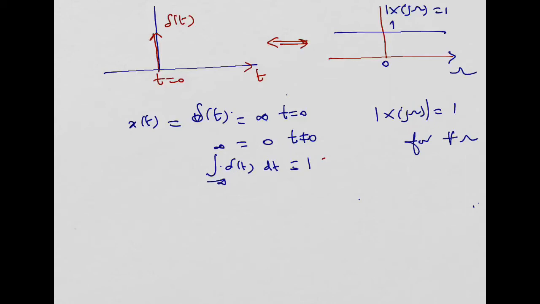If the signal is an impulse signal which will have an area equal to unity, a small pulse whose area is equal to unity, which is available only at t is equal to 0, which is not at all available at all other places of t, will have a spectrum equal to 1. Just see the corollary. When the signal